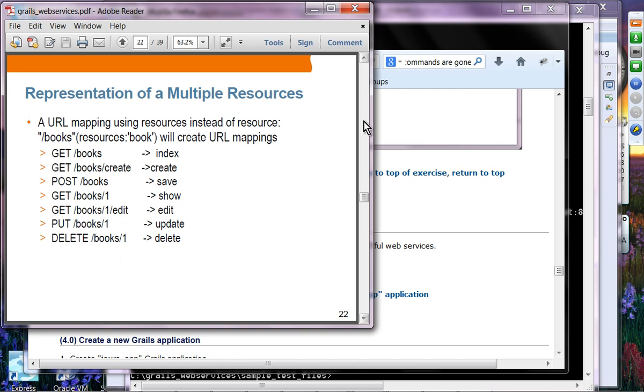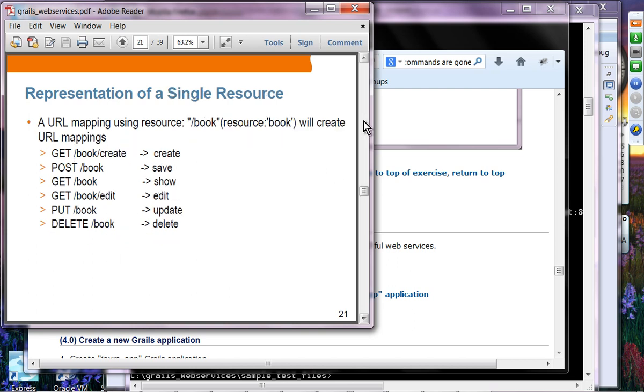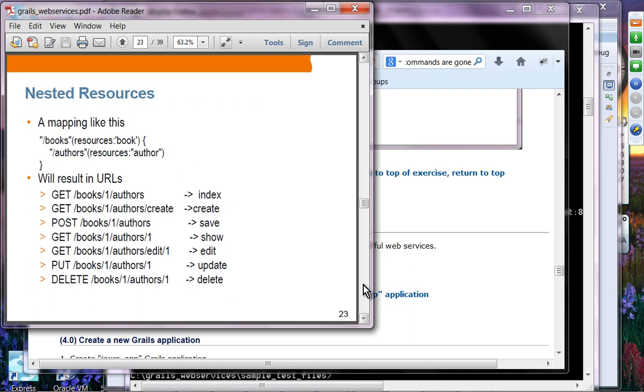The single resource and the plural resources. Okay, both of them will be supported. And nested resources. What you want to do in the URL is that I want to say the books. I want to actually find out the book number 1 first, and then I want to actually see all the